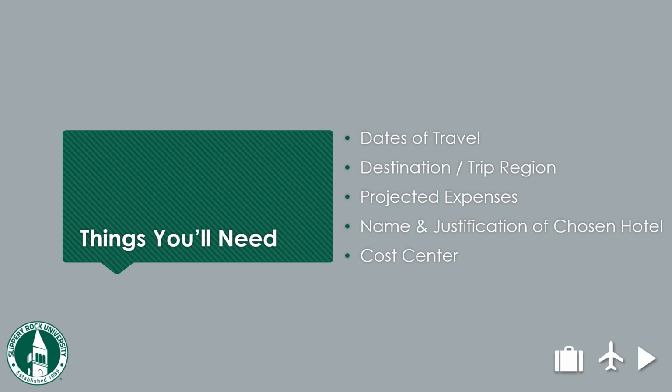Some things you'll need to complete this process are dates of travel, destination and trip region, projected expenses, and cost center. Your projected expenses will include items such as airfare, rental car costs, conference fees, and estimated meal expenses. If you're not sure how to find your trip region for the system, there's a separate quick guide on that. You'll need to include the name and justification for your chosen hotel as well in the comments section of the